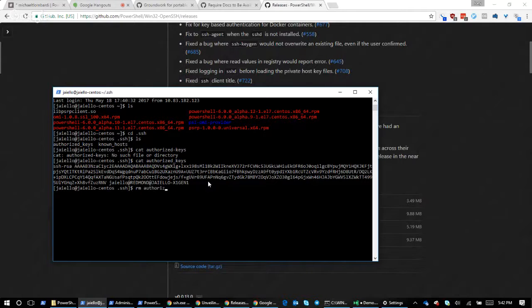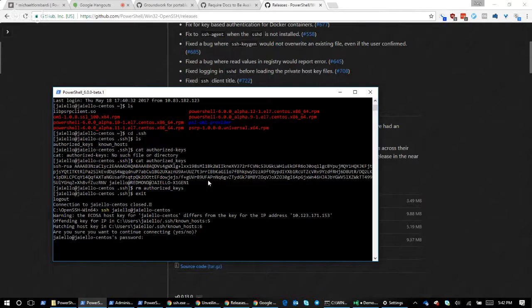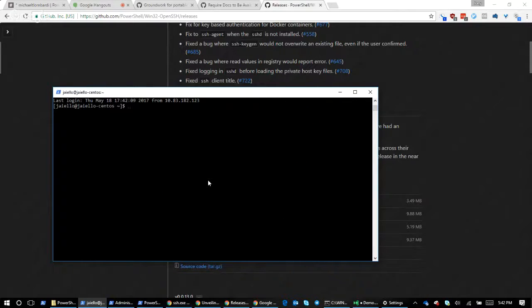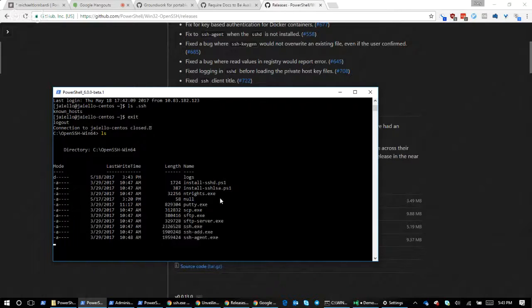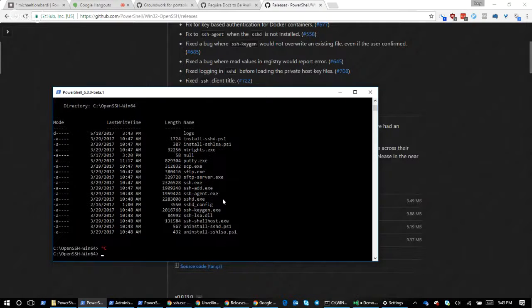If I were to remove this, all of a sudden, when I try to log in again, I've exited my session, trying to log in, it's going to prompt me for a password. So now I have to put this password in, right? And my authorized keys are no longer there. So, key auth, I can essentially run. This is a really bad bug we have to fix in Conhost. I'm sorry, I'm just doing this slow ls.